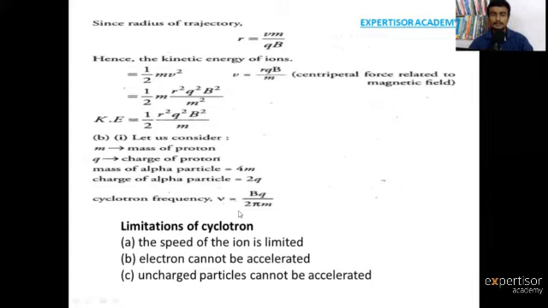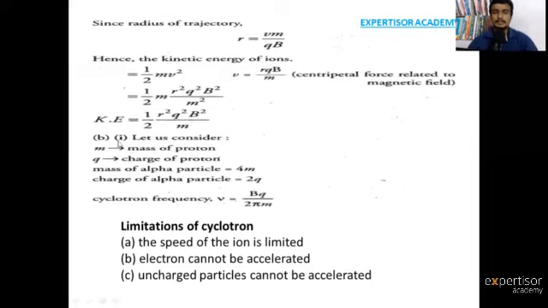So do you know the equation of the time period of the particle? That is related to angular velocity of the particle. Angular velocity omega is equal to 2 pi divided by time period. So here time period is equal to 2 pi divided by omega. By using this relation, we have to find the frequency of the cyclotron, that is equal to Bq divided by 2 pi m. When you keep this 4m and 2q, this relation converts into another form.